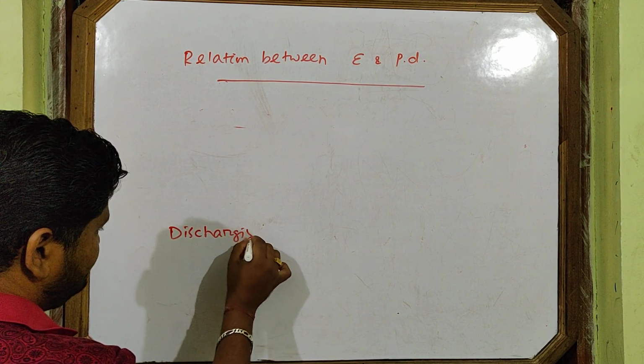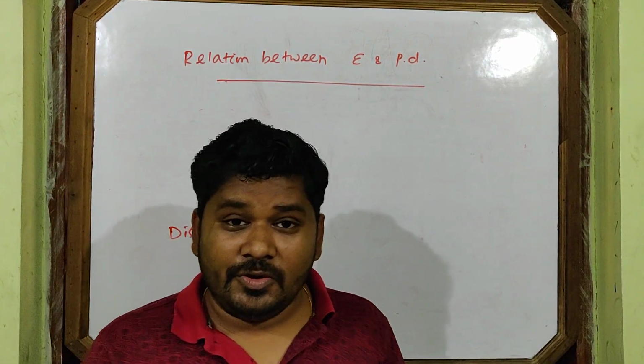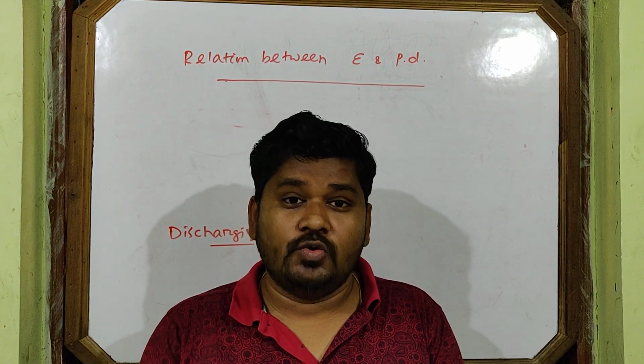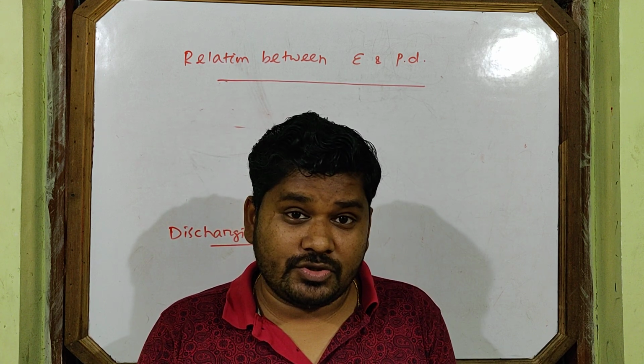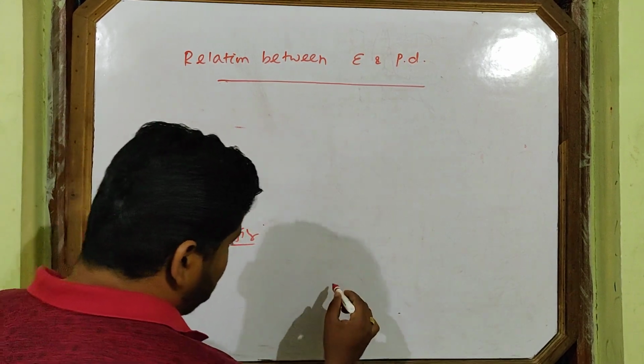Discharging condition. Discharging condition means your cell is in use. It is in use. It provides current. That is the discharging condition. Okay. So, this is the cell,